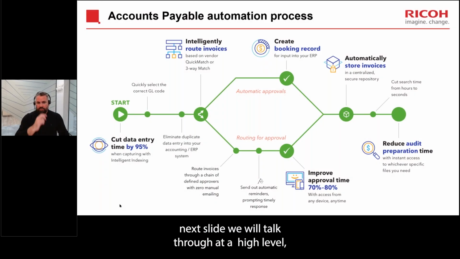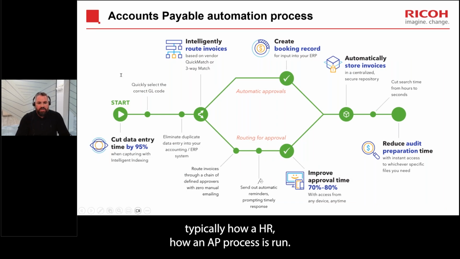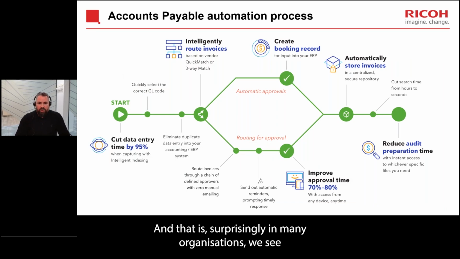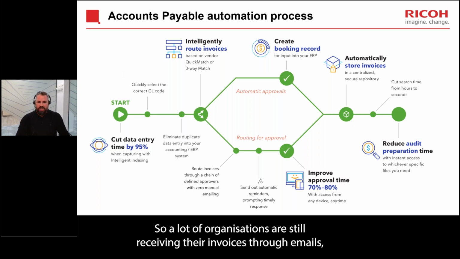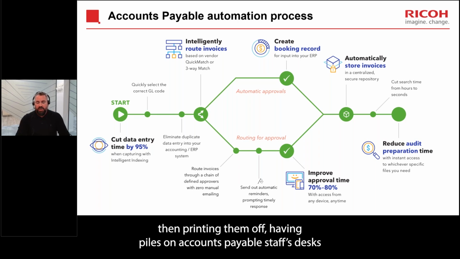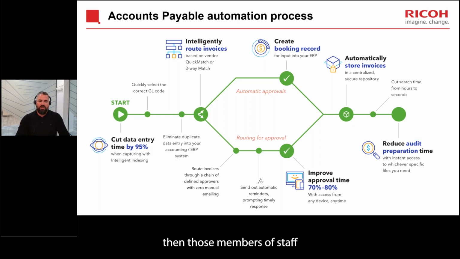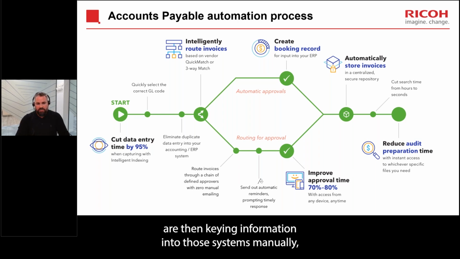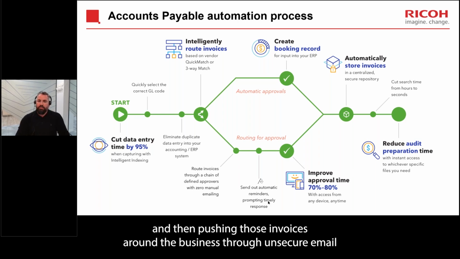On this slide, we'll talk through at a high level how an AP process is typically run. Surprisingly, in many organizations we see it is still very paper heavy. A lot of organizations are still receiving their invoices through emails, then printing them off, having piles on accounts payable staff's desks, and those members of staff are then keying information into their systems manually, and then pushing those